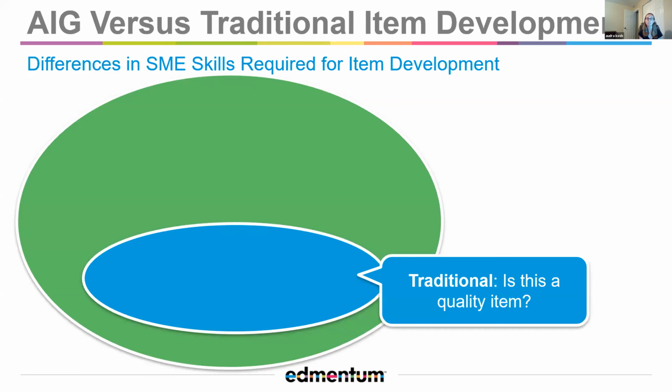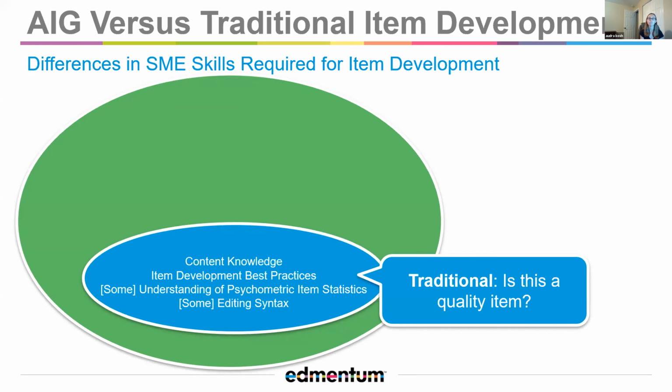So when you are doing traditional item development, you can see the item in its completed form and think, is this a quality item? What do I need to revise in this item? And you see it all there at once. Of course, this requires content knowledge, best practices in item development, ideally some understanding of psychometric item statistics, particularly if you are revising items according to field test data, and in some cases, some type of editing syntax for content